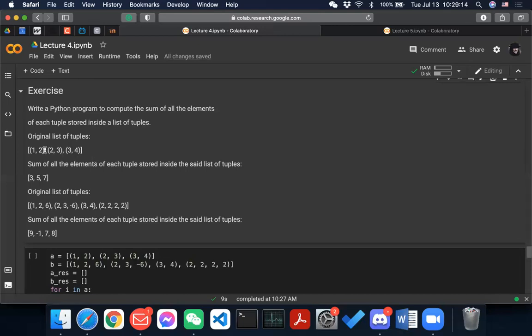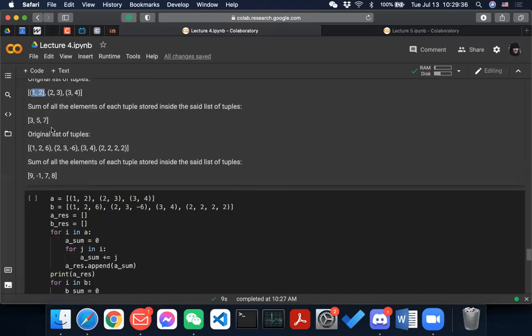So for example, if the input is in this case 1 and 2, right? And 1 and 2 maps to this 3 because 1 plus 2 is 3. And then 2 and 3, the sum of this entire tuple is 5, because 2 plus 3 is 5, and 3 plus 4 is 7.